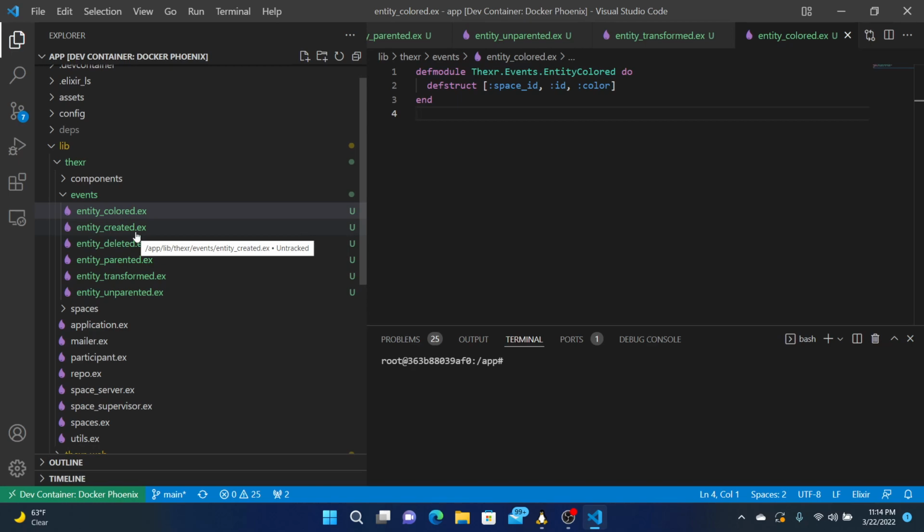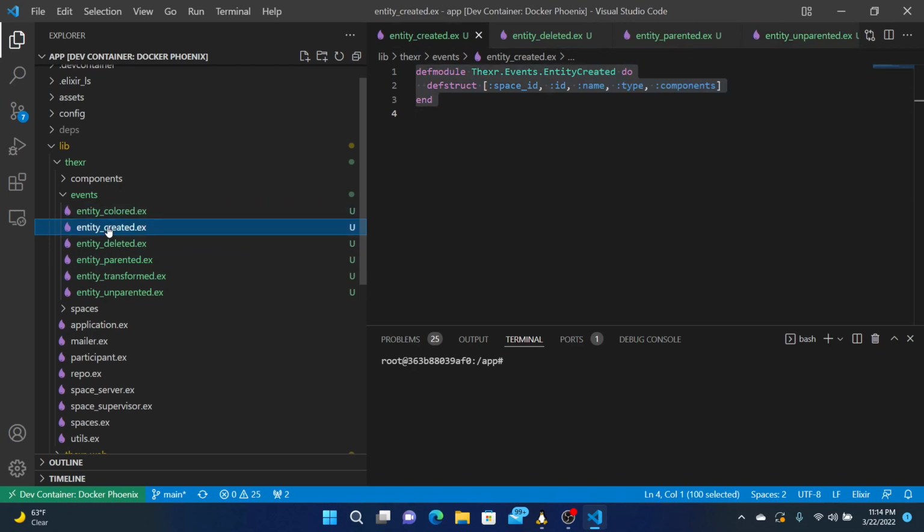We've got some types though. So in the creation, created, we have some types. And maybe these could be pulled into different events, like box created, spawn point created.